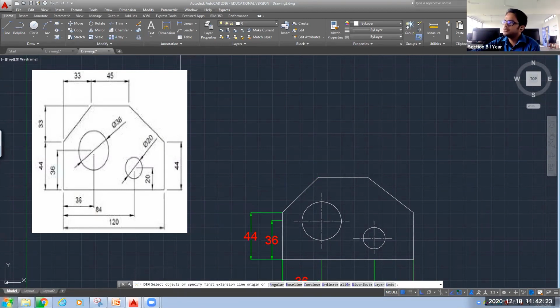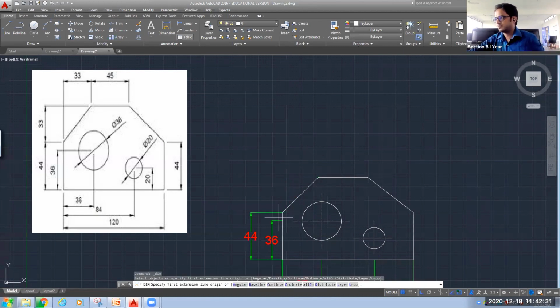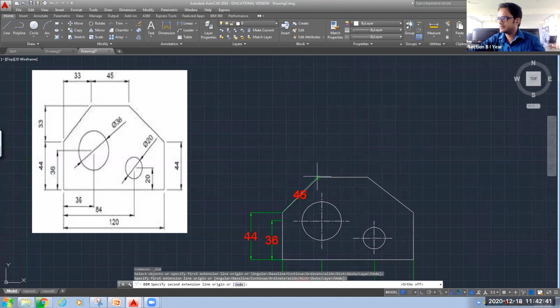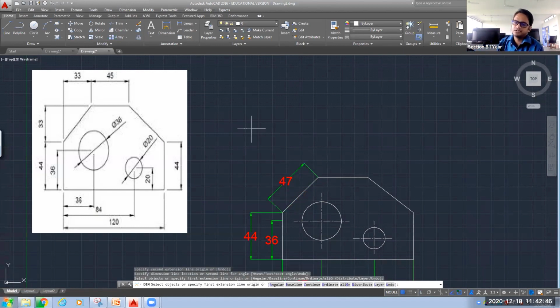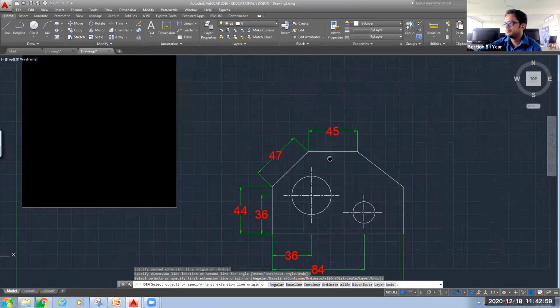Now what I want to do is I want to give this inclined dimension. Inclined dimension. So either you can switch off this ortho mode and you can select this line. Endpoints you can select 47. And you can give the dimension like this also, 47. This is one way. Okay. Now coming to this top line, it is 45.